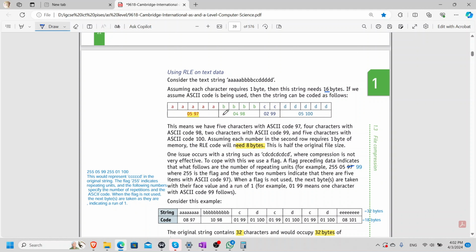I will only be using 8 bytes. Assume that you required 1 byte to store each number. So 1 byte, 1 byte, 1 byte. So I will be requiring 8 bytes for storing this data, and I will be requiring 16 bytes to store this data. So when you are using run length encoding, this is basically lossless compression, which is, you can say,